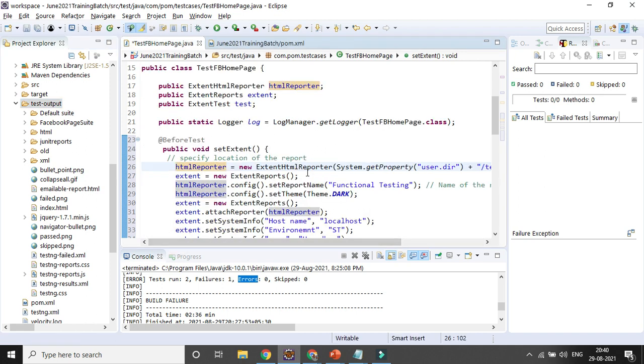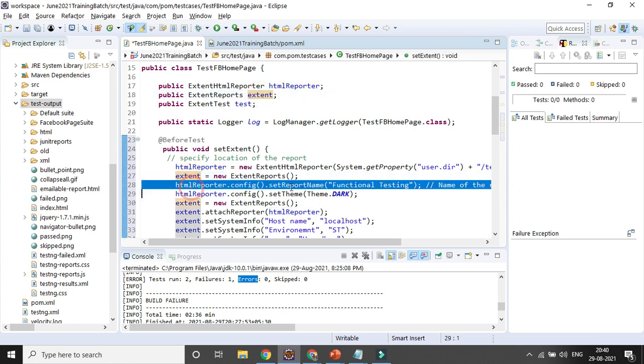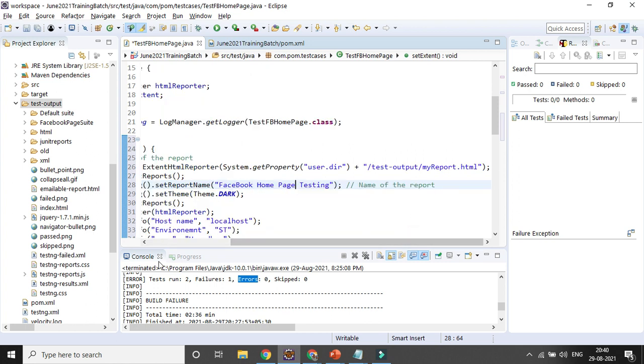With the help of the ExtentReports variable we will be calling that ExtentReports and configuring it. You can give some name, like automation testing or Facebook page testing, home page testing. So name the report, that will be the name of the report.